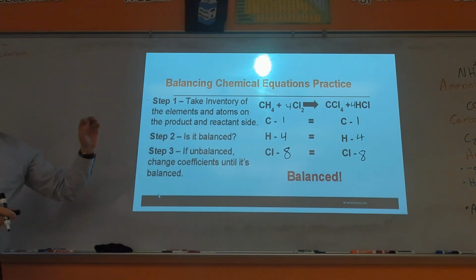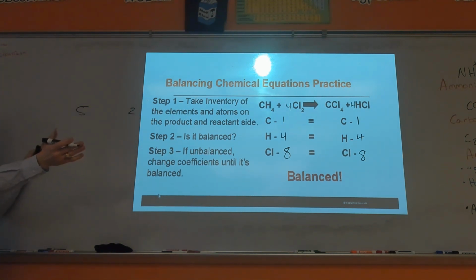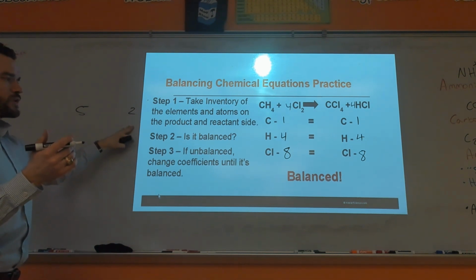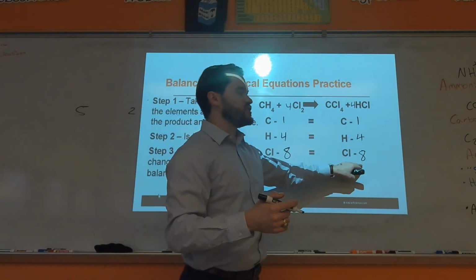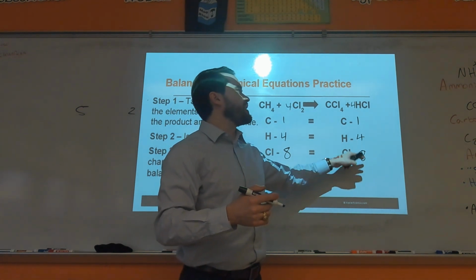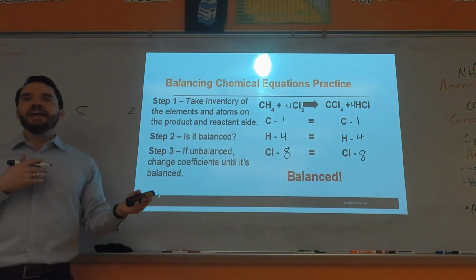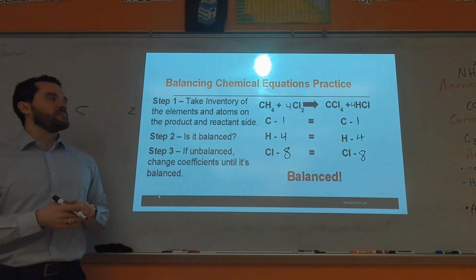hydrogen? Oh, I was saying we started with the hydrogens because it was actually divisible by, because we had 5 chlorines on the left side and 2 on the right side. So sometimes, like here, what would end up happening is if you tried to balance the chlorines first, there's no number you can multiply HCl by to get you to 5 chlorines. Well, I guess you can multiply by 5, but then sometimes I can mess up the numbers on the other side. It's possible to try doing this a different way, but